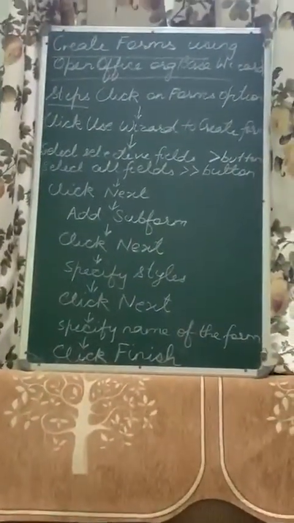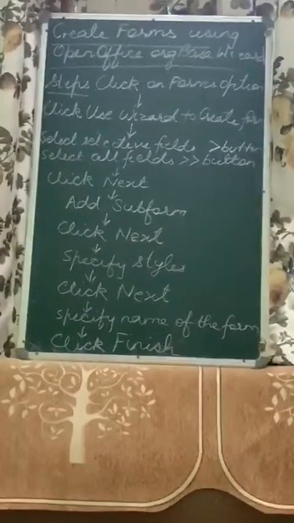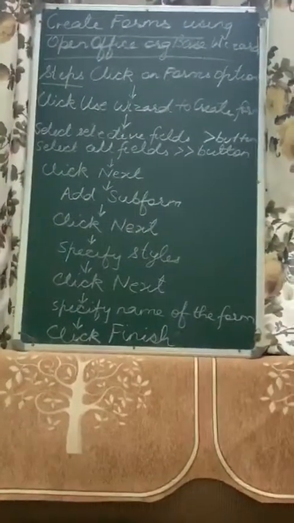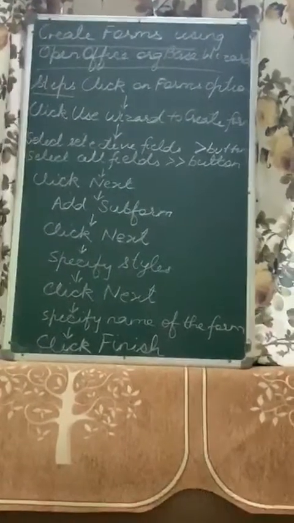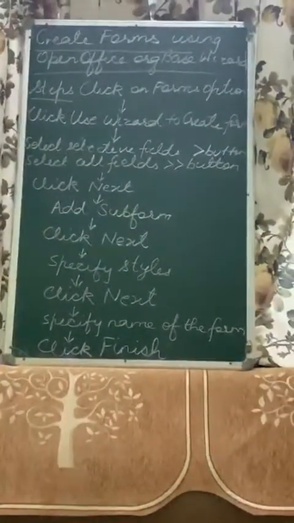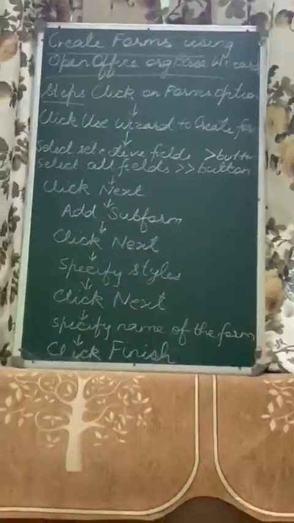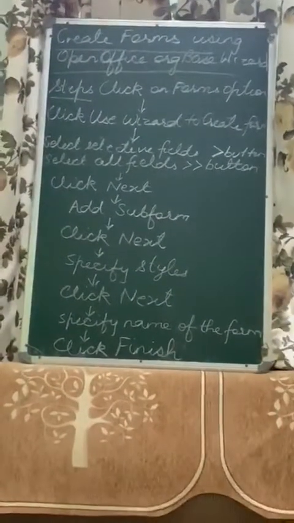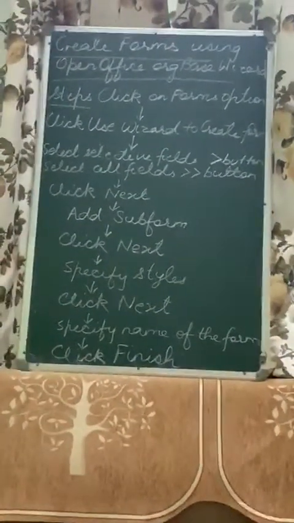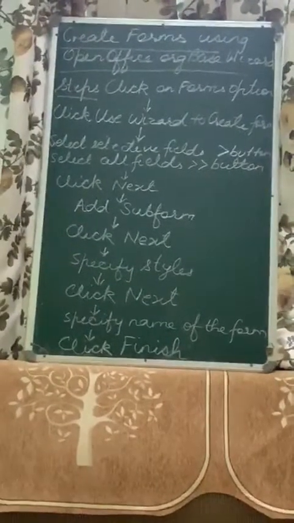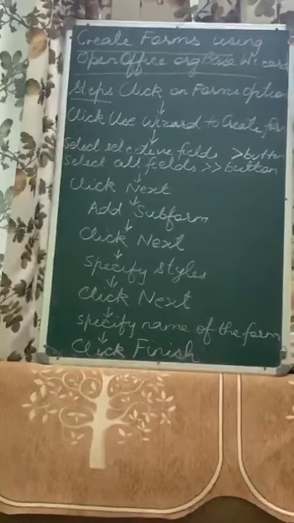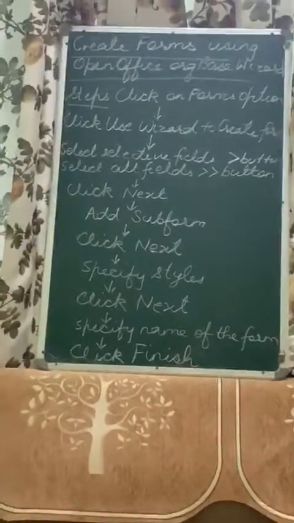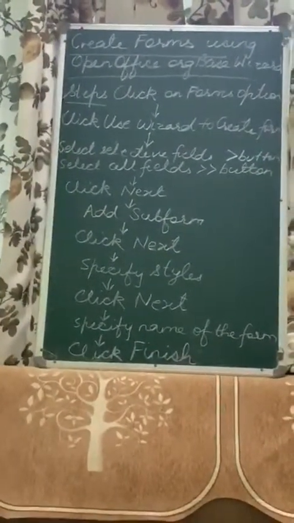First of all, what is a wizard? Whenever you are downloading any software on your computer, you need to follow certain steps: next, and finally finish. So this is a wizard that goes on by itself when you start downloading something. For form creation also you need to follow the steps of a wizard. So now you will click on the use wizard to create forms option. This option is present under the task group.